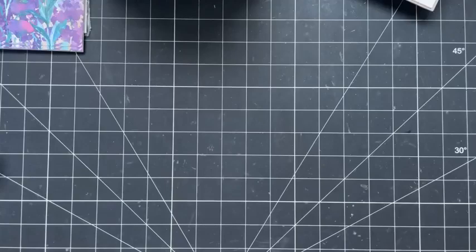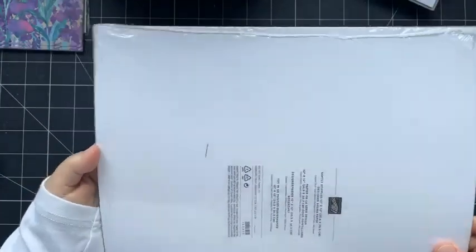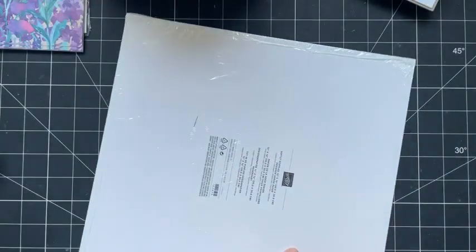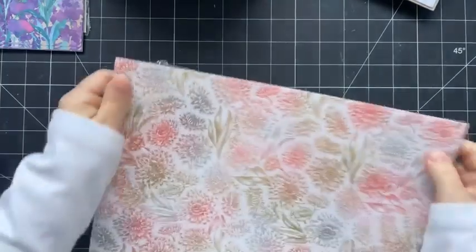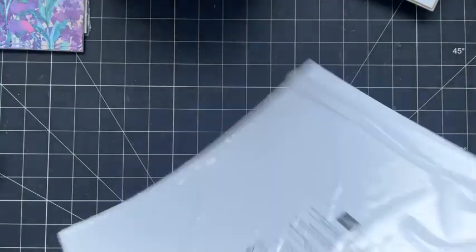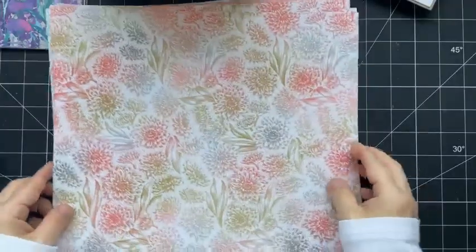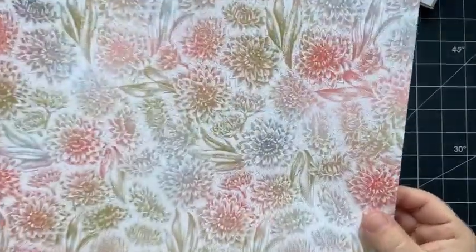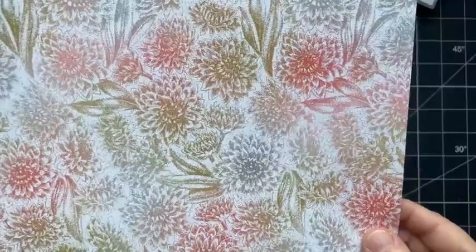And then I think I have one more. So this one is Softly Stippled. So let's see what this one looks like. And I'm pretty sure this was a celebration offering as well. This is really pretty, actually. So it looks like it's done. I don't know if you guys can see that, but